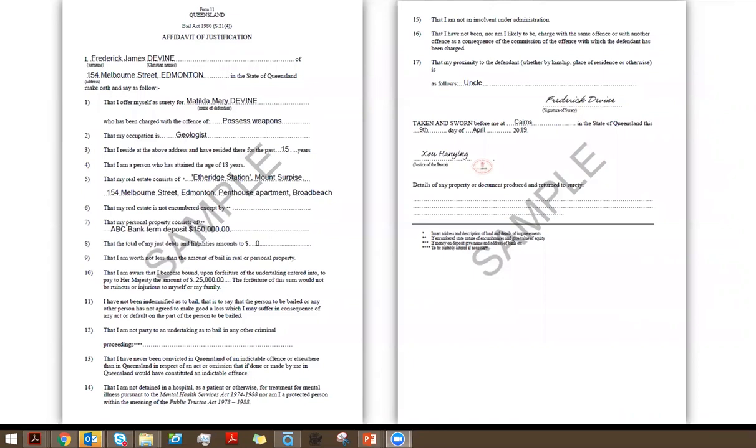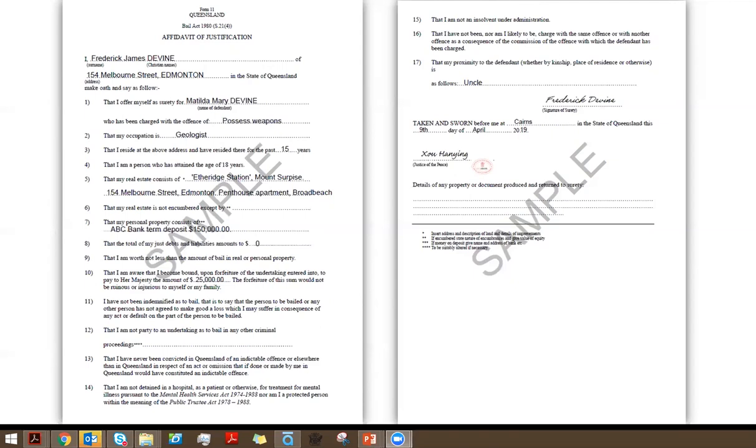Now, in order for that to happen, a person other than the defendant, so other than Matilda, must guarantee that the defendant will abide by the bail undertaking. That means that they must guarantee that Matilda will show up at the court hearing, otherwise she can be remanded in custody. So the person in this instance is Frederick James Devine, and that person is known as a surety.